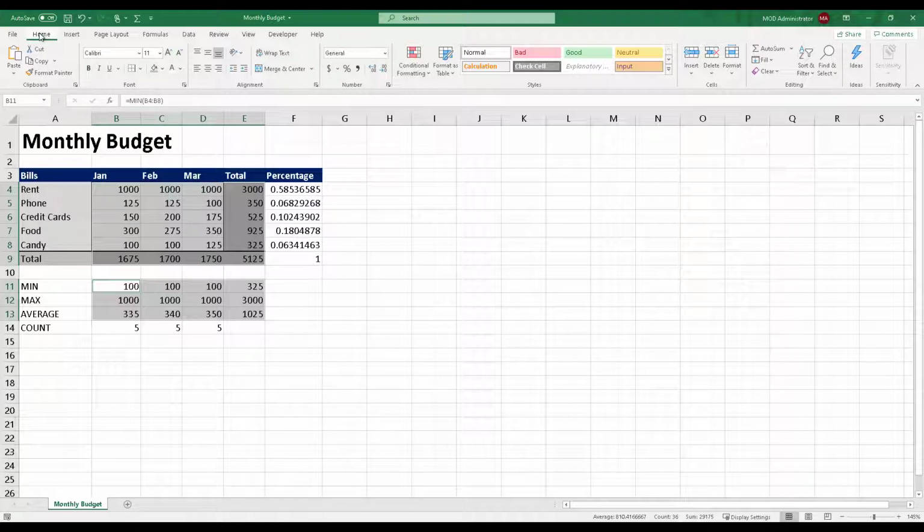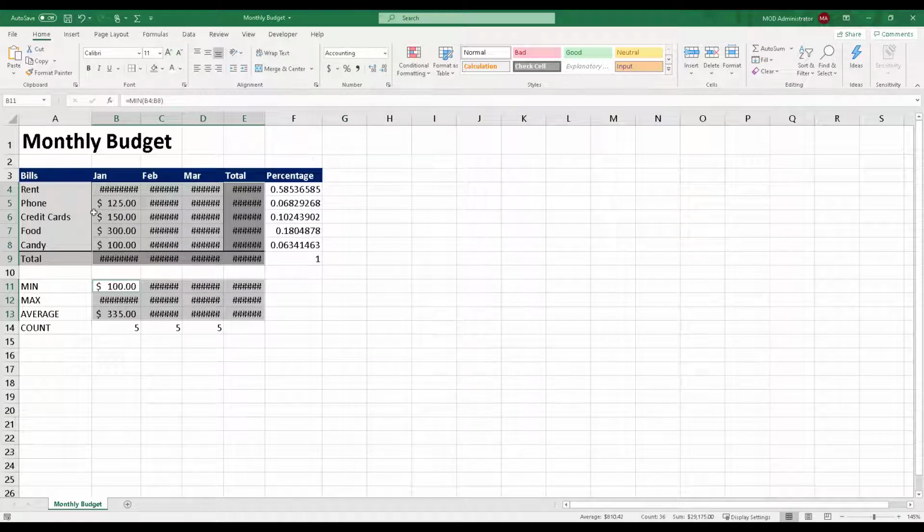Now if I go to my home tab and under number section, you will see that there is an accounting number format symbol over here. So if you drill down on that, you will find some more accounting number symbols like dollar English United States, pound English United Kingdom, euro and Chinese yen. And of course, if you go for more accounting formats, you can select other symbols for currencies as well. Okay, so in this case, I will select dollar English United States,